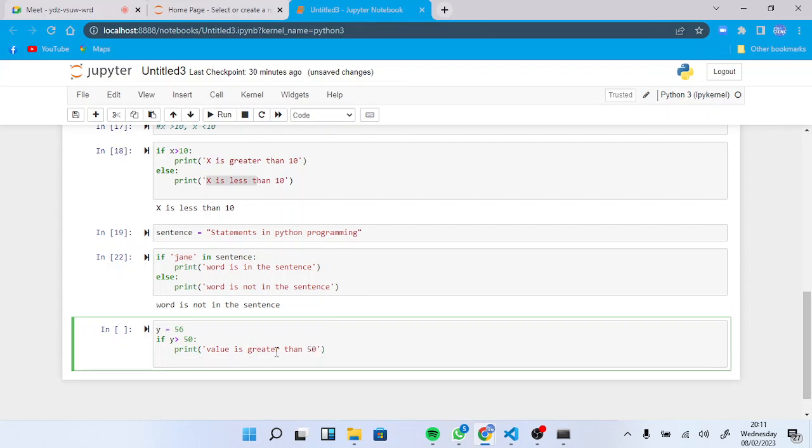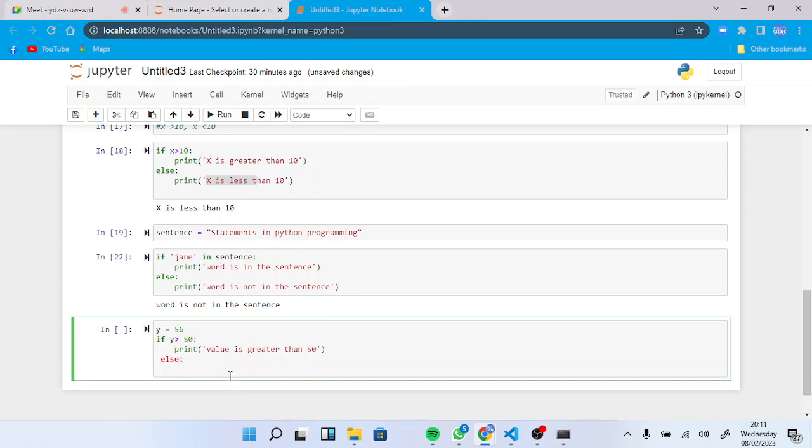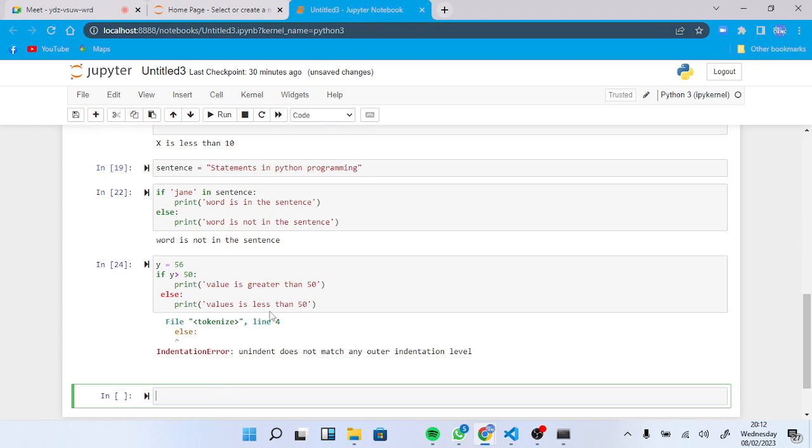So I've said the alternative, you don't need to write y is less than 50. You just write the else, because you have two situations. So print value is less than 50. So we expect